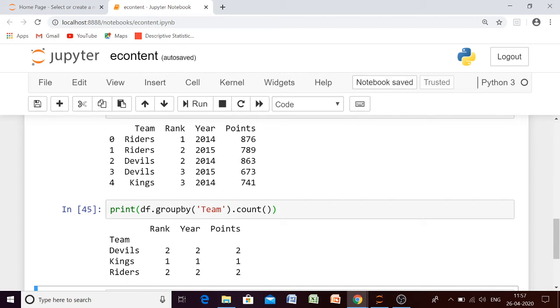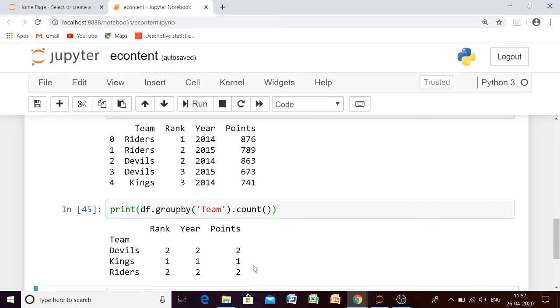How many years? Two years. How many points? Two points. So all these things are calculated simultaneously. Since the Kings team appears only once, we have one occurrence for rank, one for year, and one for points.